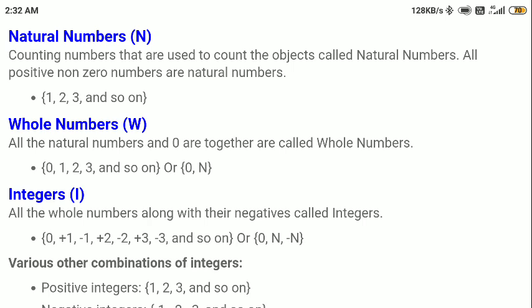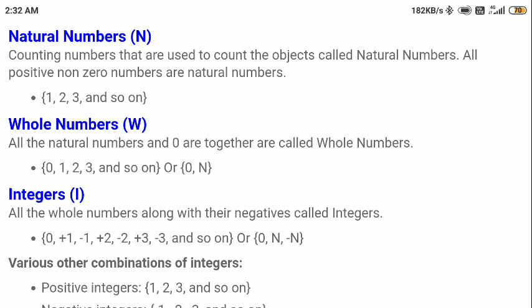Although we cannot take a negative of 0 and a positive of 0, both are the same thing, because 0 is a neutral thing, neither negative nor positive. That is why 0 is the center point, and on the positive side we have all the positive numbers. On the left side we have all the negative numbers. So integers are the negatives of natural numbers as well as 0, including 0.